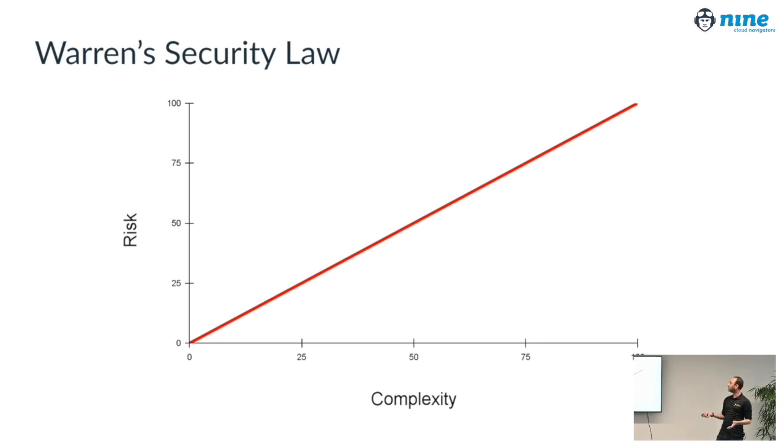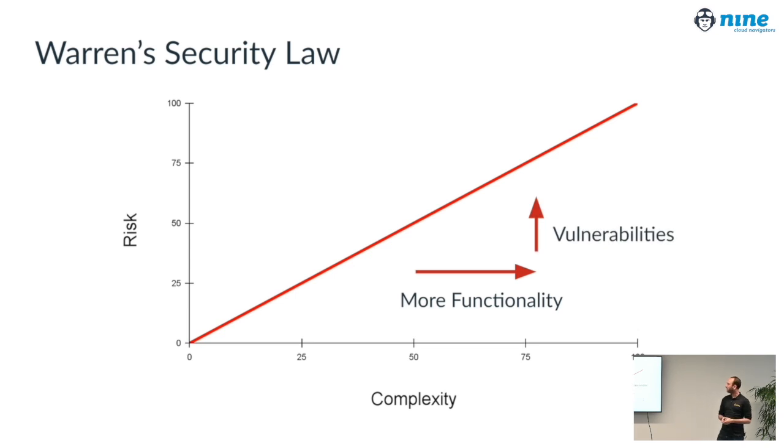I don't know if it's linear, polynomial, or exponential. But whatever the case, if we add in additional functionality, the complexity increases, which means there's more vulnerabilities. So adding a security feature decreases security. Yay. And I know that for those of us who enjoy working with probabilities, which I'm sure is no one,